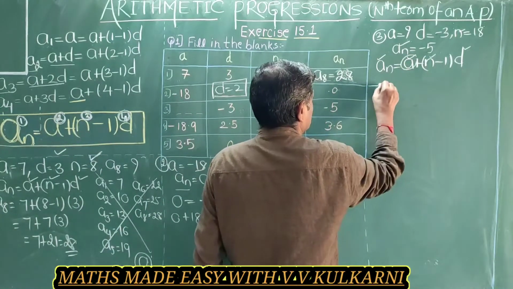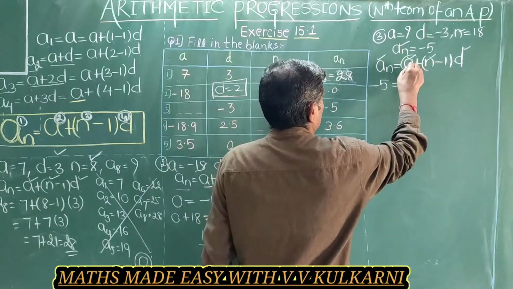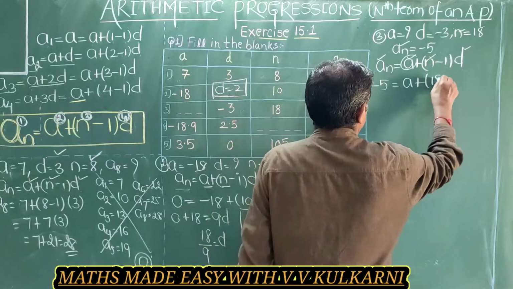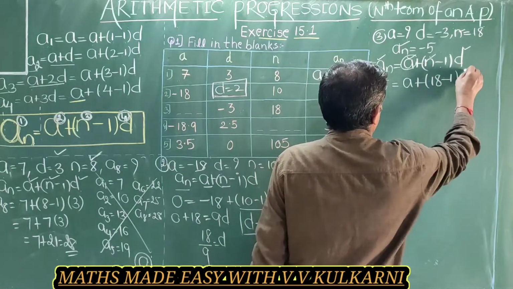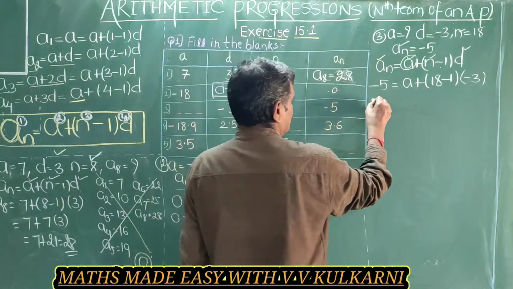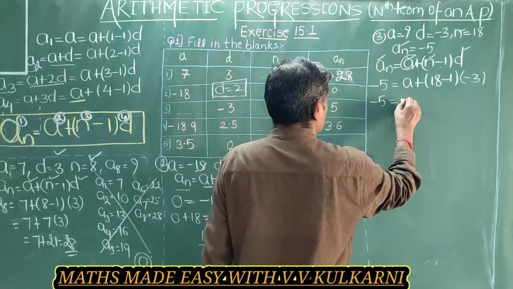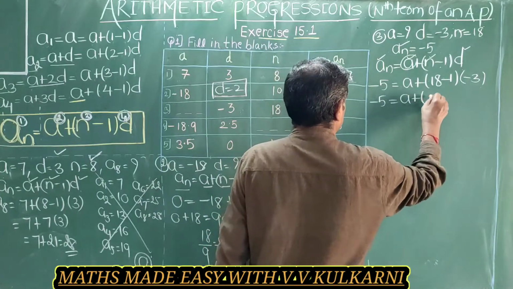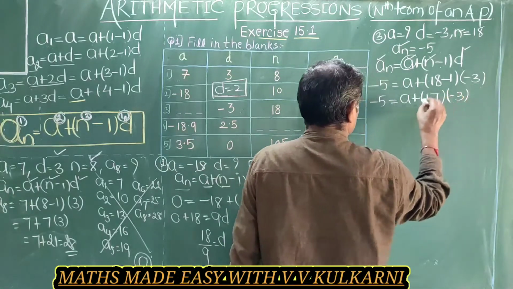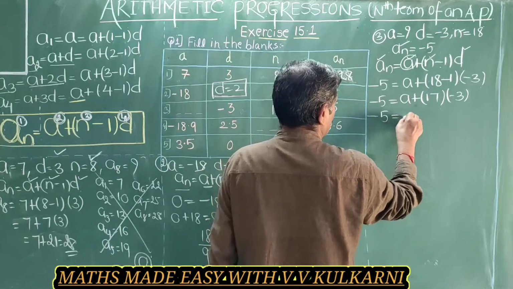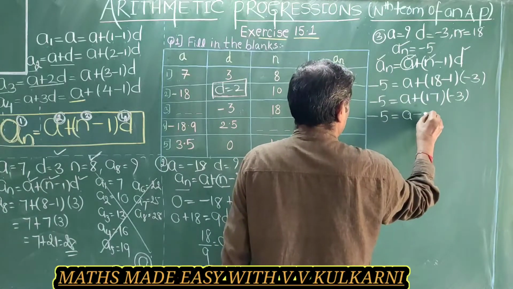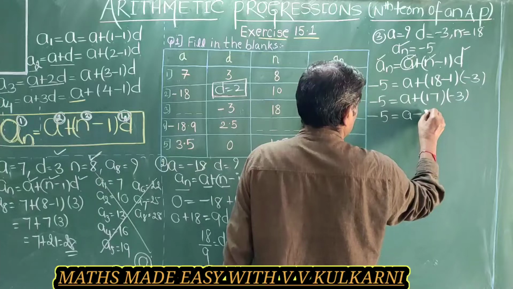Now the nth term says minus 5. First term I need to find out, n is 18, minus 1 into common difference is minus 3. So this becomes minus 5 is equal to a plus 17 into minus 3. So minus 5 is equal to a plus, plus of minus is minus, 17 3s is 3